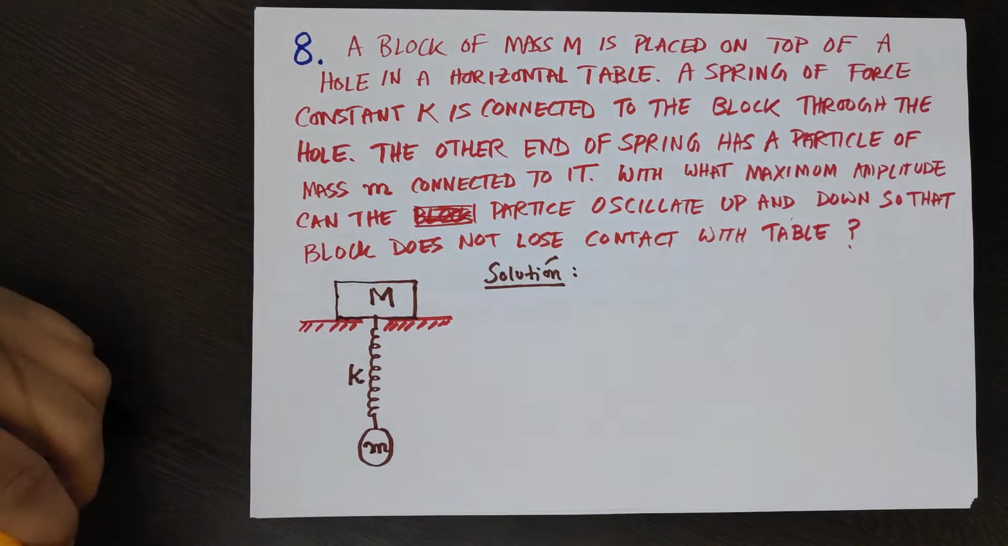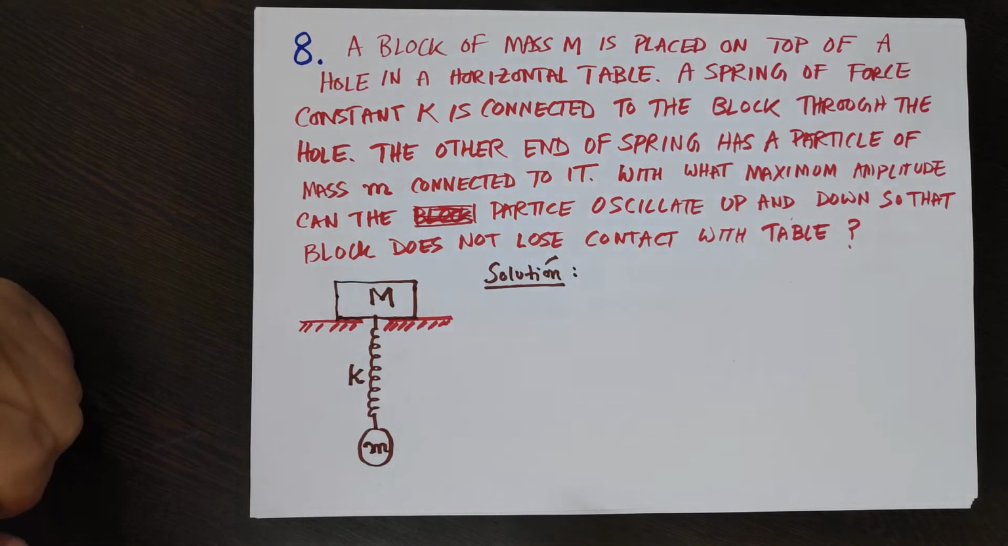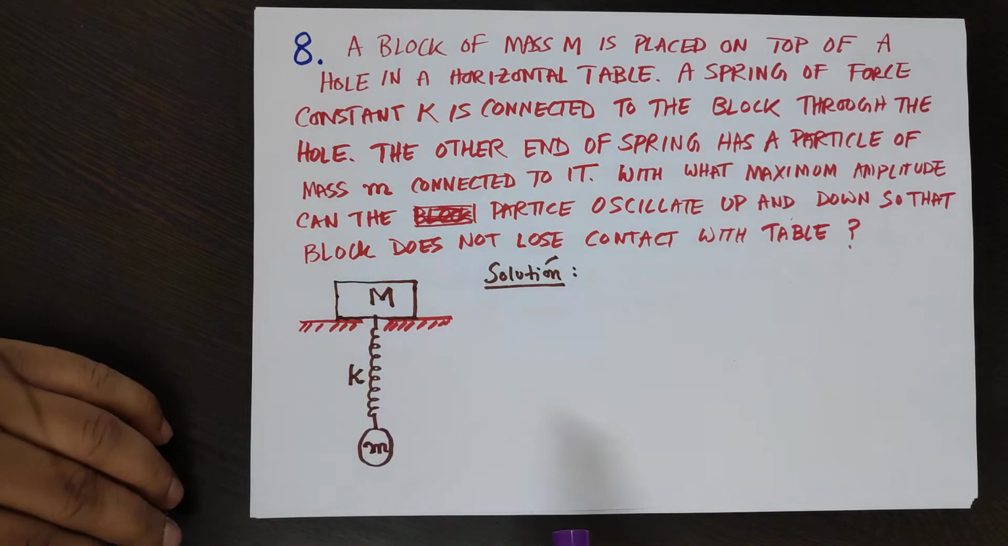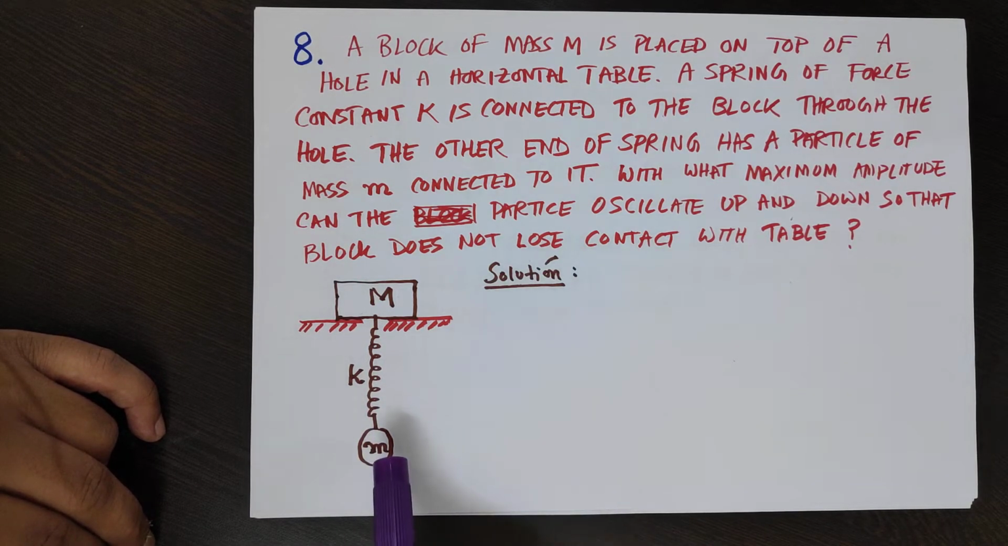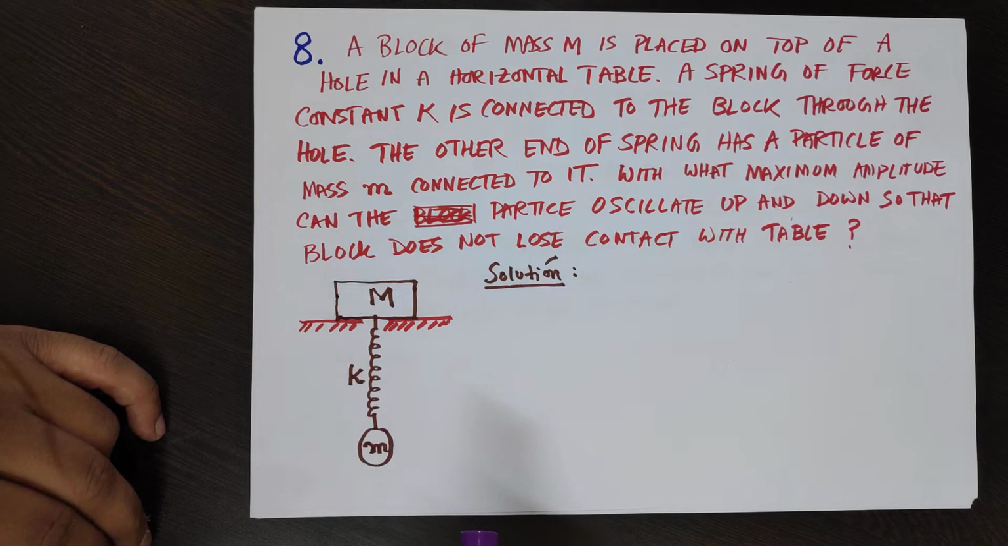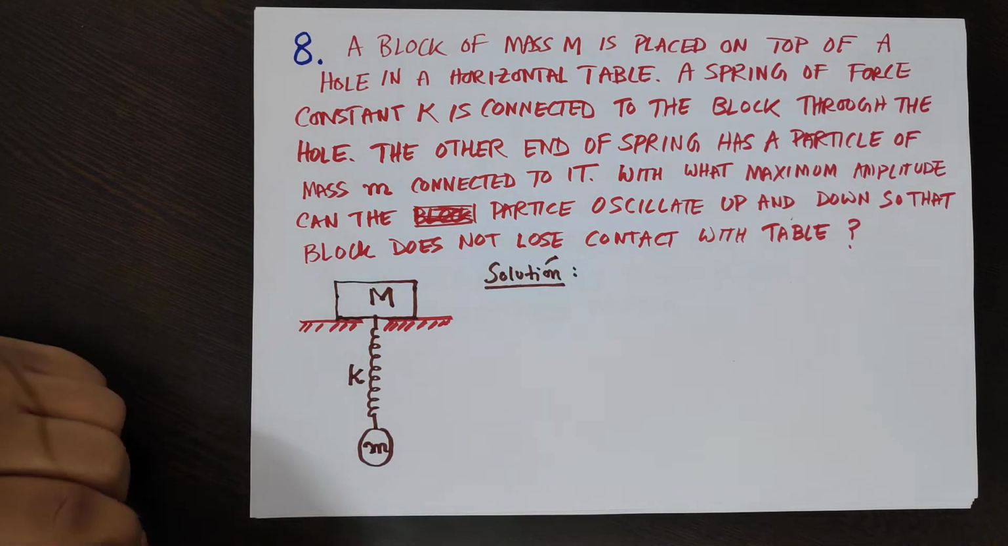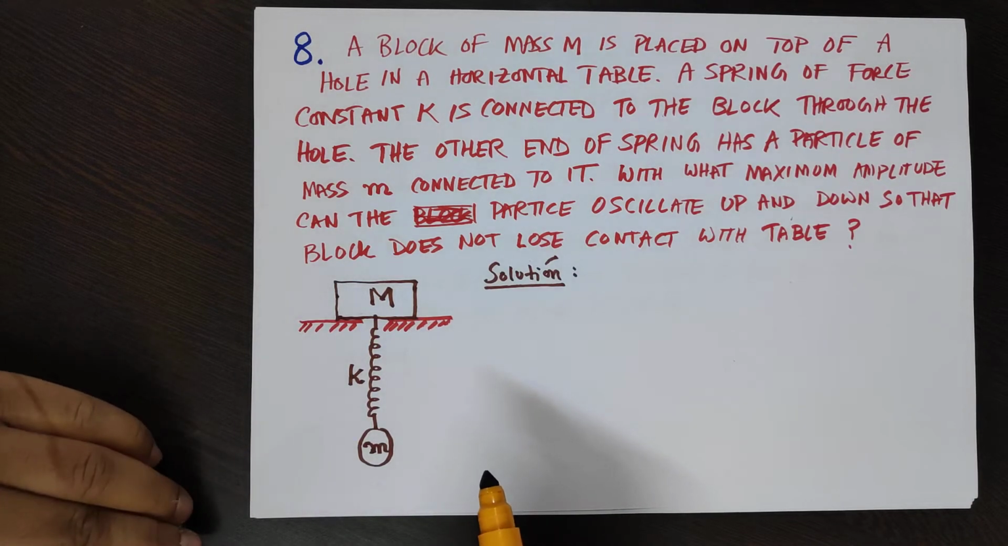Okay. So this is the 8th problem. It says the block of mass m is placed on top of a hole in a horizontal table. This is the hole. A spring of force constant K is connected to the block through the hole. The other end of the spring has a particle of mass small m connected to it. With what maximum amplitude can the particle oscillate up and down so that block does not lose contact with the table? Okay. So here